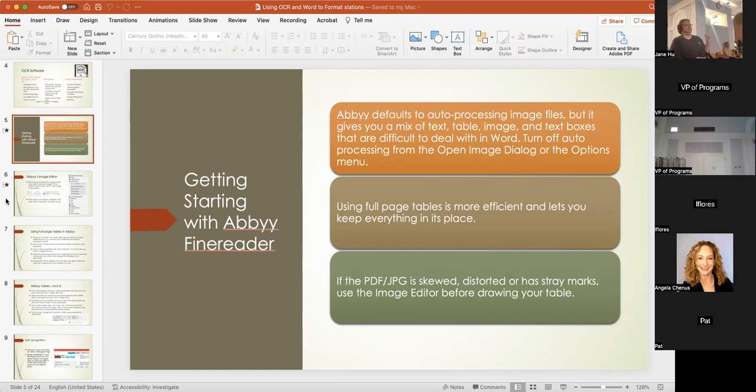You can turn that off in two places. You can either turn that off in the open image dialog, like when you go to open an image file, or in the options menu, we'll turn it off forever. So